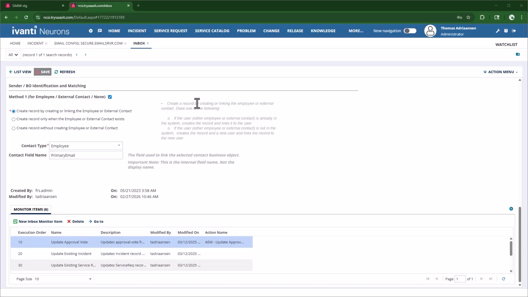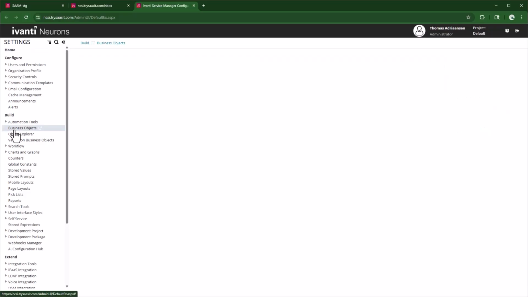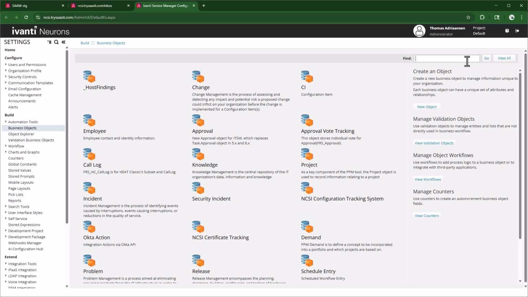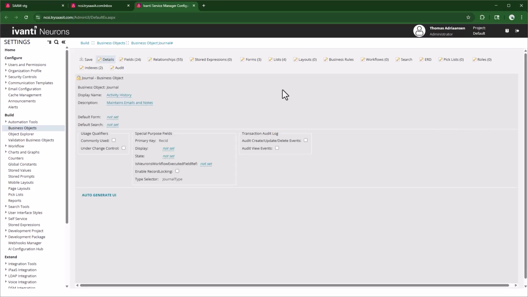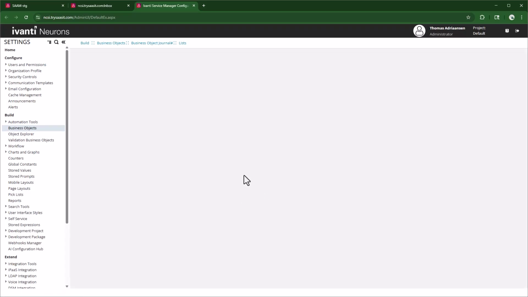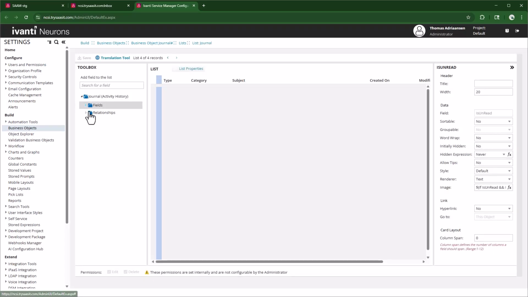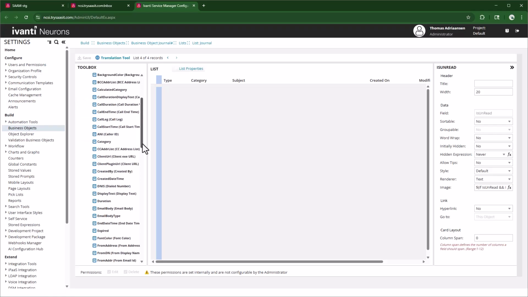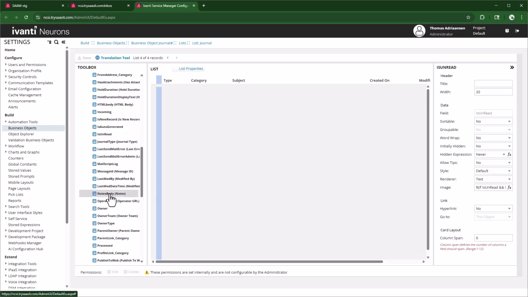So we're going to set up a workspace so that you can take a look at those. When you're logged in as administrator, go into the admin console, into our business objects, and search for our activity history or journal workspace. In the list, you grab your journal list, or you can create a new one specifically for this if you want. We're going to expand journal on the left, expand fields, and find the notes body